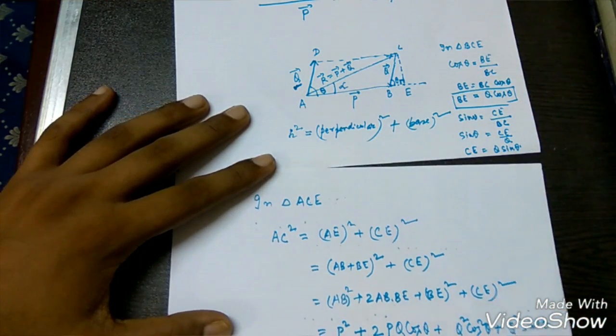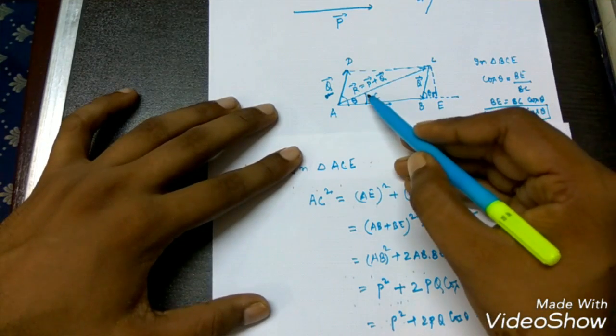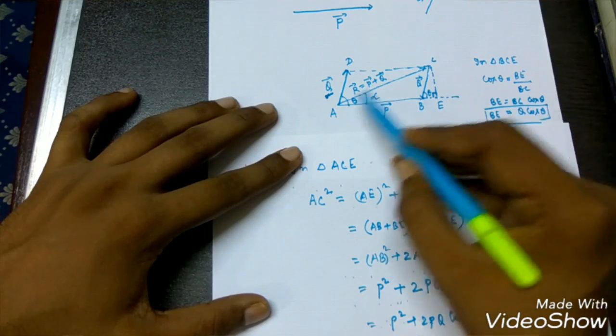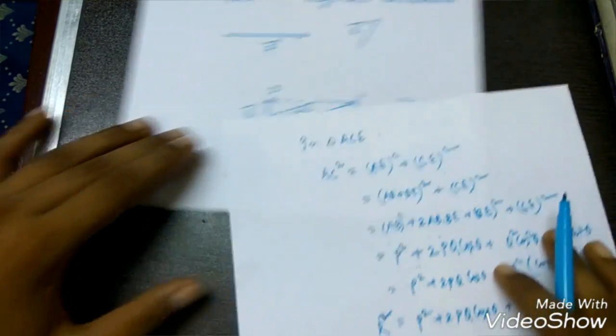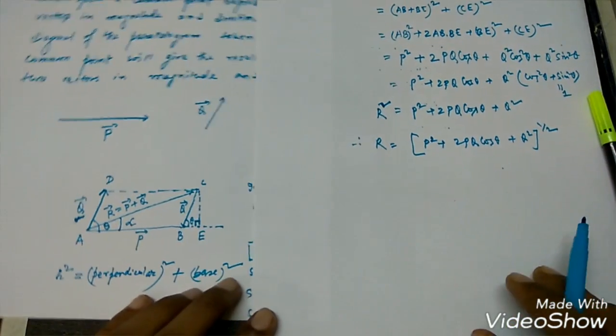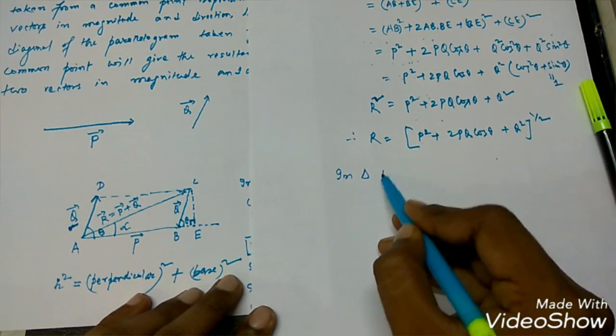So if I am taking the tan alpha relation in this triangle ACE, in triangle ACE,